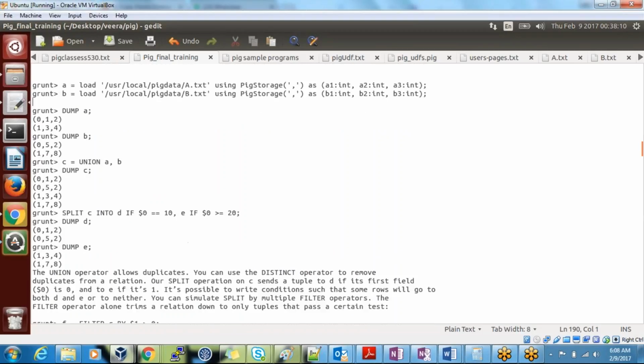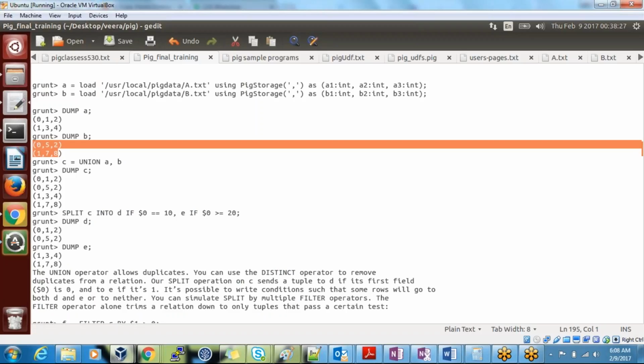Look at guys here. I have loaded a1 a2 a3, and I have loaded b1 b2 b3. Now when I print A I have these values, when I print B I have these values.